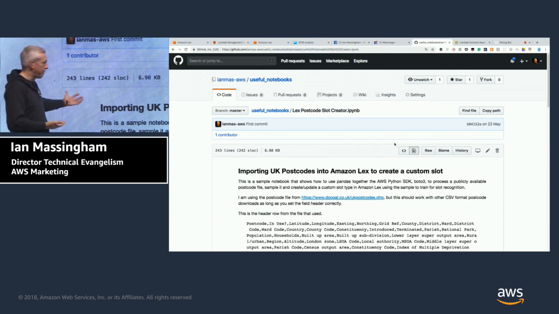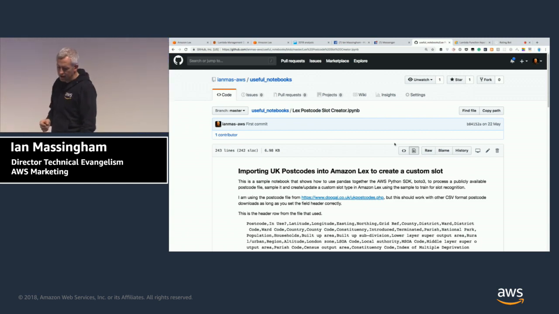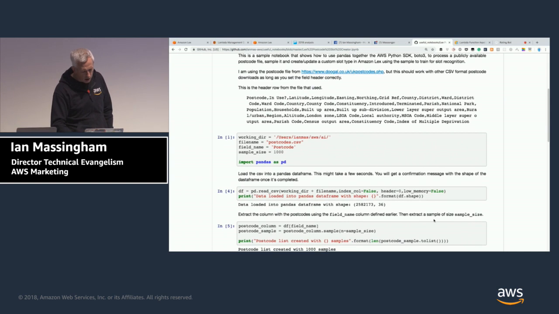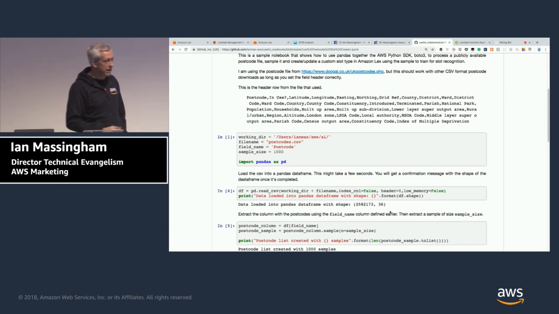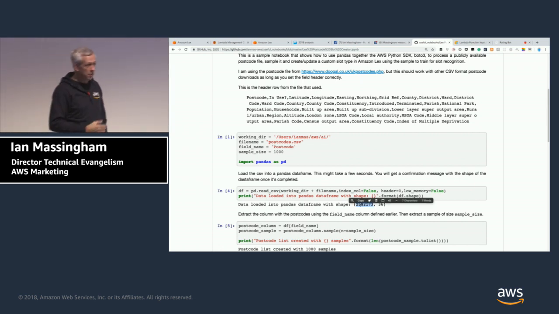Or how about postcodes? So a UK postcode example that I've got here. Now this is quite an interesting one because there are 2.58 million UK postcodes. As you can see here, 2.58 million unique UK postcodes, which you can download from the government. It's open data, OK?